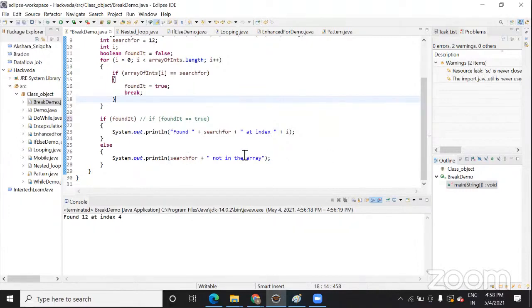I will give you some more examples tomorrow in the next class when we connect. We are going to solve nested while loop and do while, and we will check it. Today I will upload this code in my GitHub account. You can follow my GitHub account. Whenever I upload, you will get a notification.